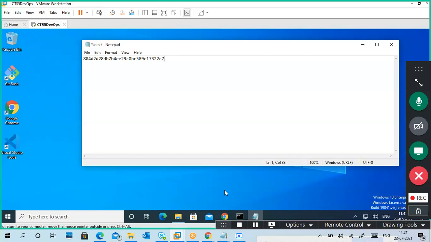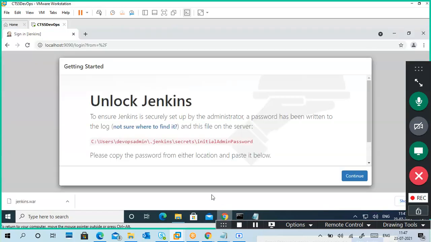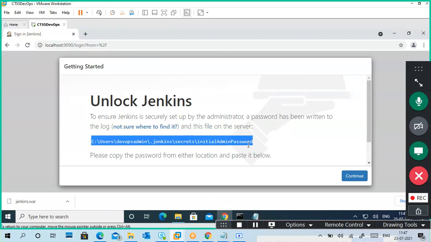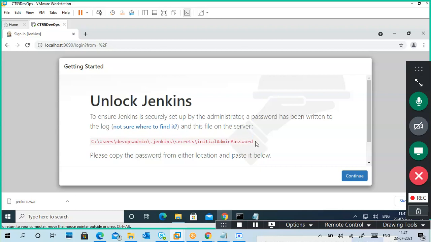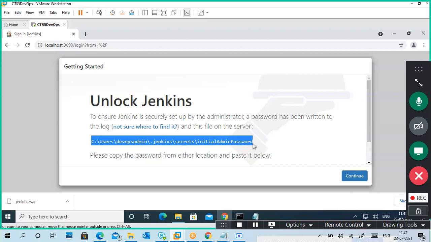Okay, this is the password. Now it is telling where to put the password. Where is your password? Initial admin password. If you forget your password, no problem, you can check it.